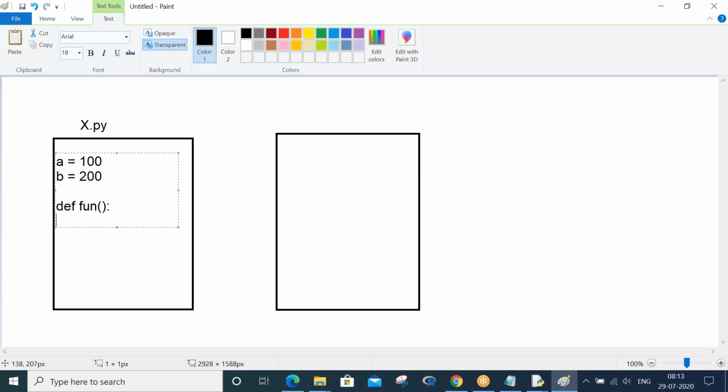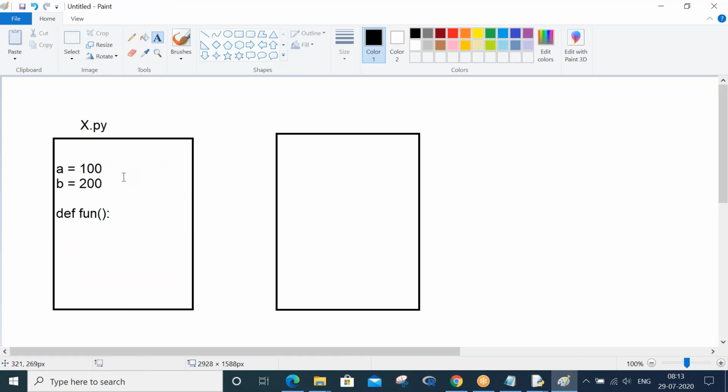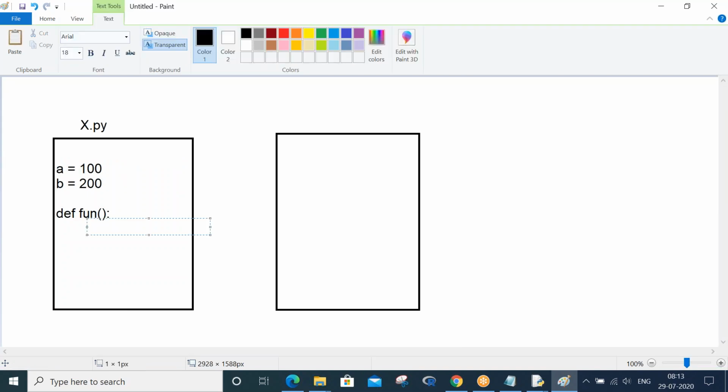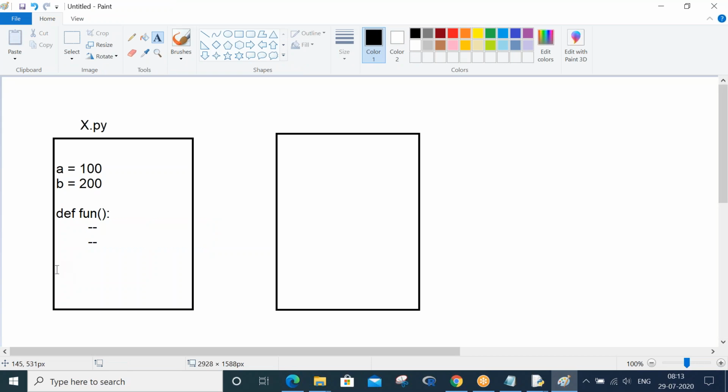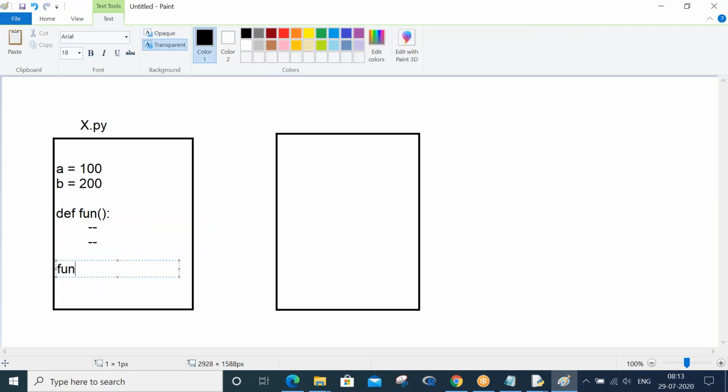Basically def is the keyword we use for functions. This is function code, right? And how do you call your function? Straight fun, open close. So this is a pure function. Fun is the name of a function in Python, in my x.py program.